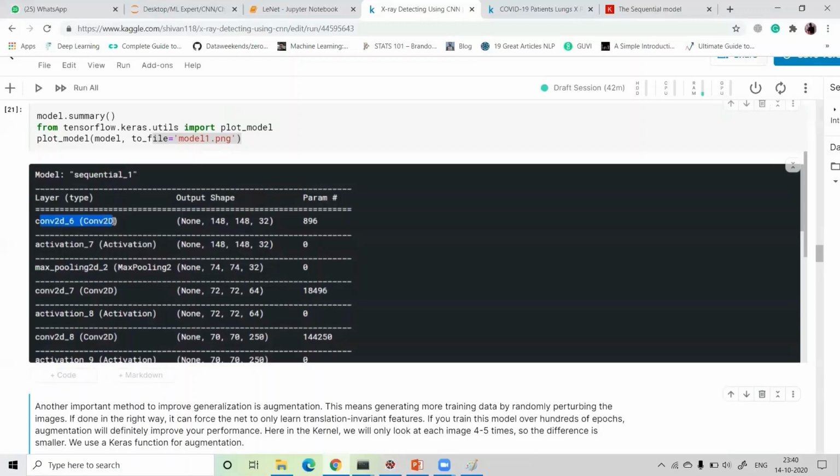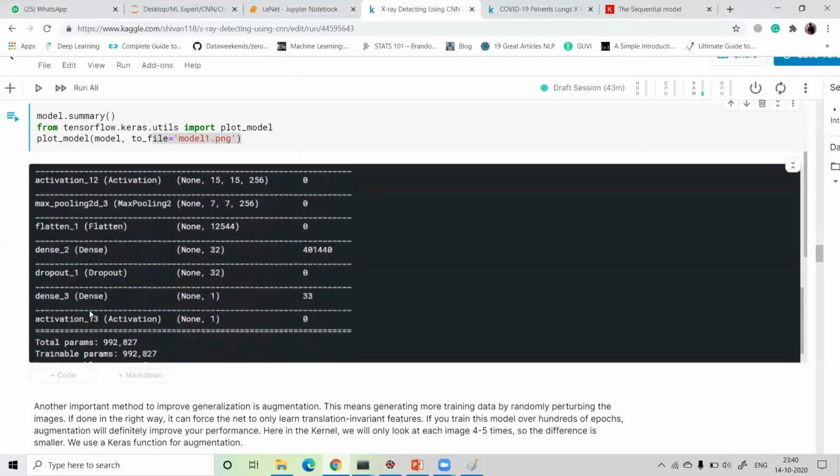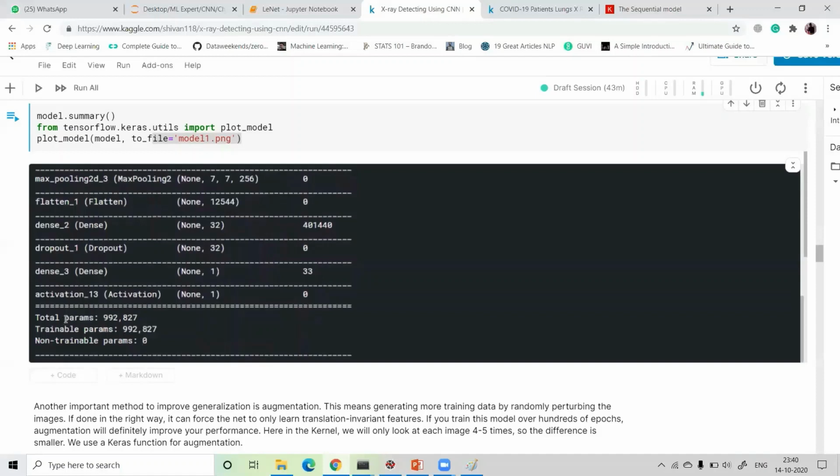First the convolution layer, the activation function, then the max pooling, then again the next Conv2D, then the activation function, then again Conv2D, and then finally our total parameters are 992,827, guys.